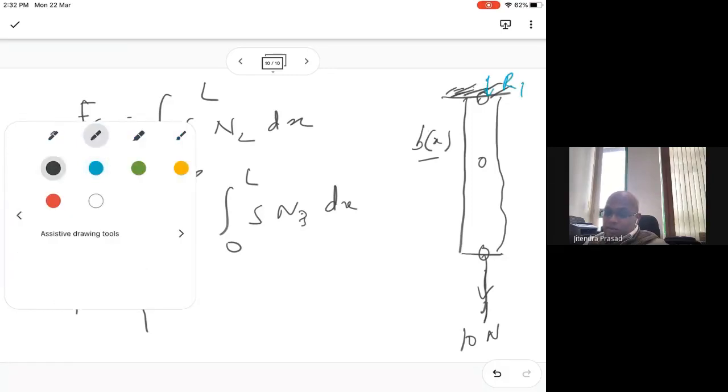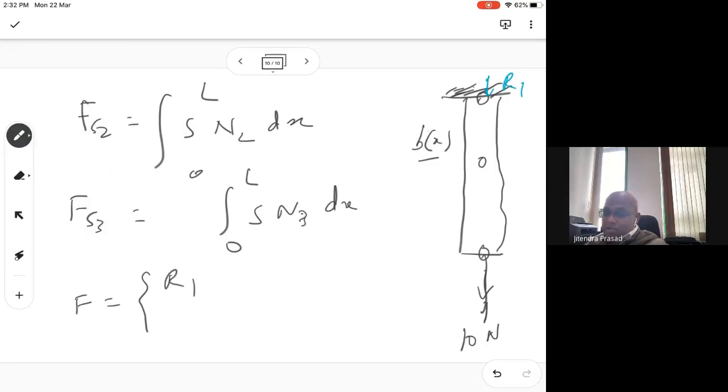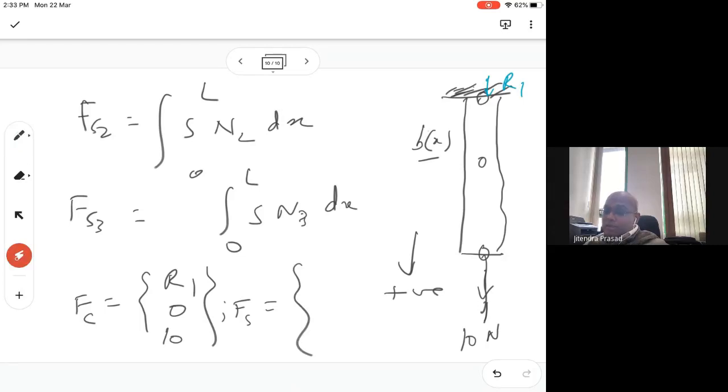So we will simply have R1, then 0, then 10, assuming this direction to be positive. Yes, we are assuming this way positive. So this will be the concentrated one, FC. Now Fs, or the F body force, will be